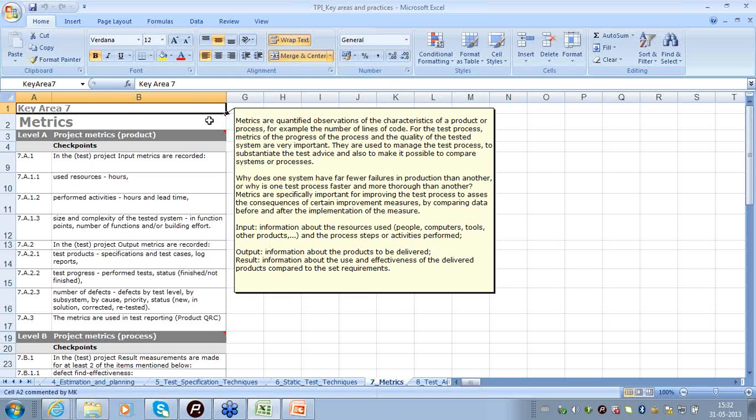Say for example, one of the metrics might say that software testing is taking more effort than what was actually estimated. Software testing is getting delayed by so many days, or it would quantify the quality of the product.